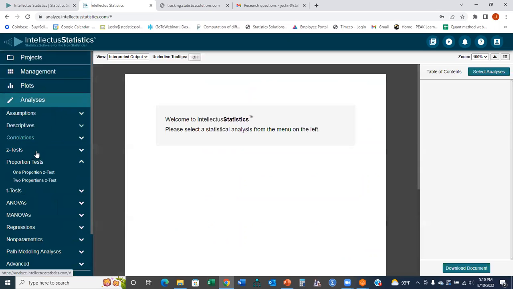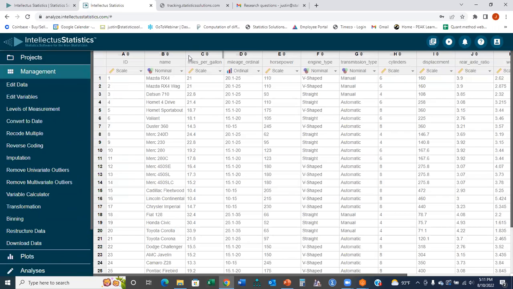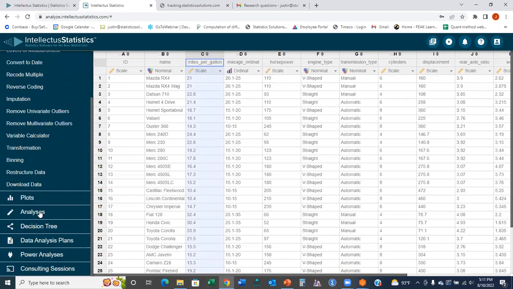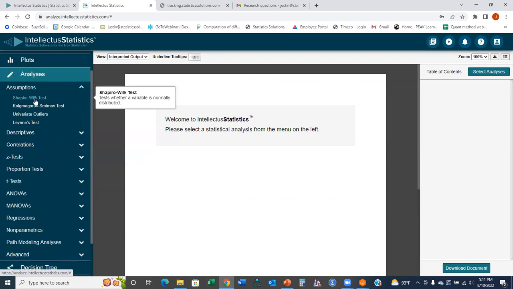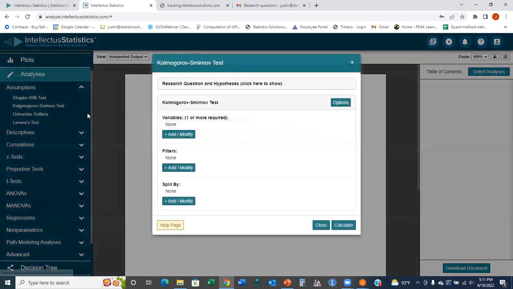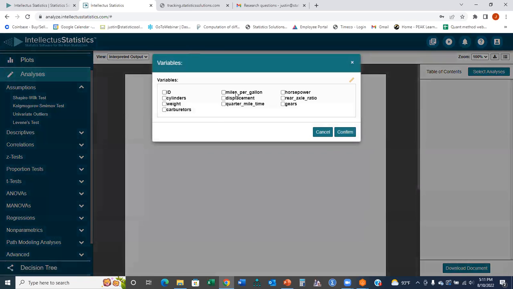Okay, so going back and going to hypothetically, say we're running, what is the association between miles per gallon on a car and the horsepower? The first thing you want to do is test for normality. There are many ways to do this. You can do it objectively with a test like a Kolmogorov-Smirnov or Shapiro-Wilk, or you can do it visually, looking at scatter plots. Today, we'll do it objectively. I'll use a Kolmogorov-Smirnov test. And what you do is you put in the variables of interest, miles per gallon and horsepower,